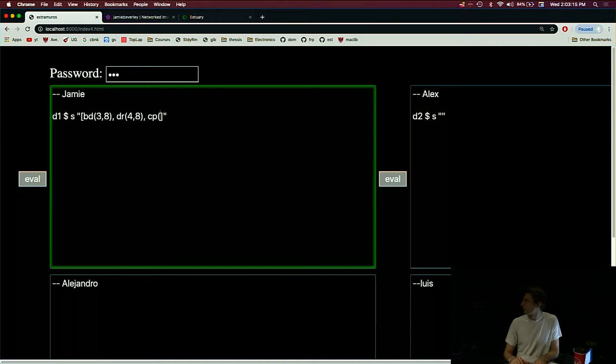And again, you can get pretty complicated rhythms just by combining these. Are there any questions so far? Okay, so